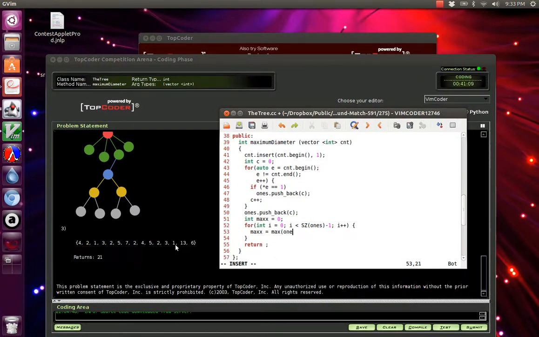Okay, here we go. I'm writing down what I need. I go through the ones. So the ones vector gives me the index of the node that has one edge. And then i plus 1 would be the next one. So there was a relationship. I think I just brute forced these two, because I needed to,